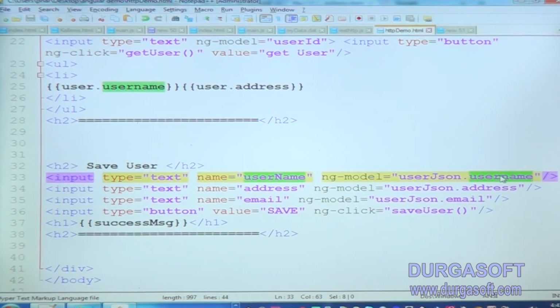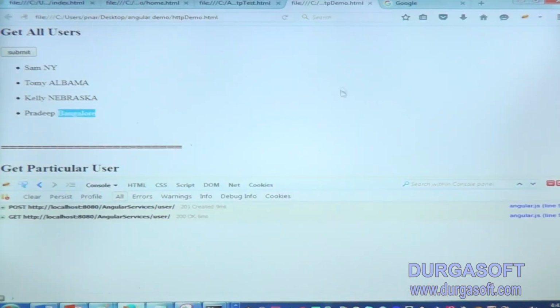In the same way with userJSON.address, address will be added as a key in userJSON, and the value I am passing becomes the value of the key address. Same for email also, userJSON.email: email will be added as a key for userJSON, and the value I entered comes as the email value.